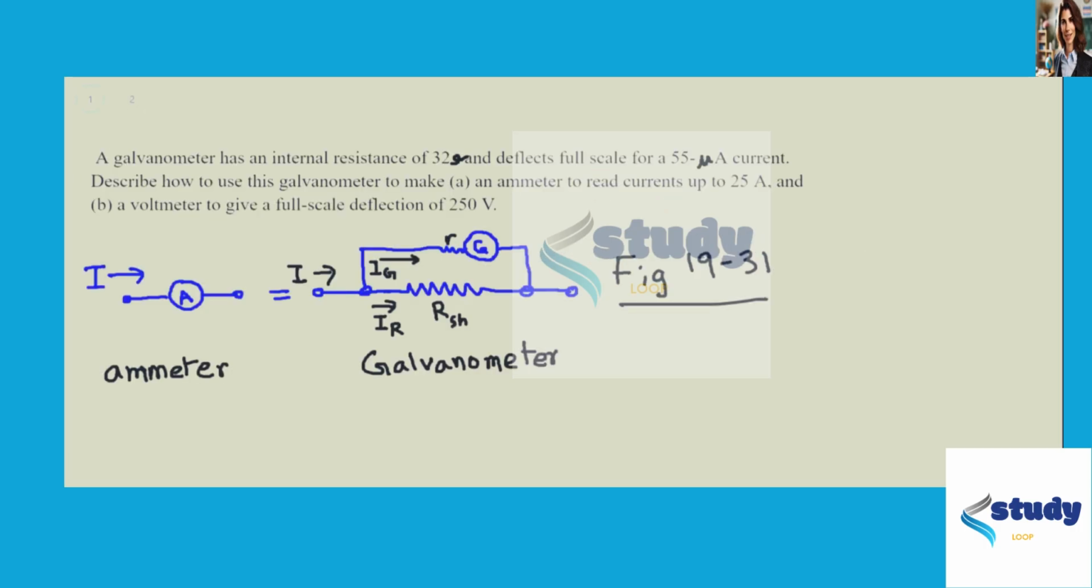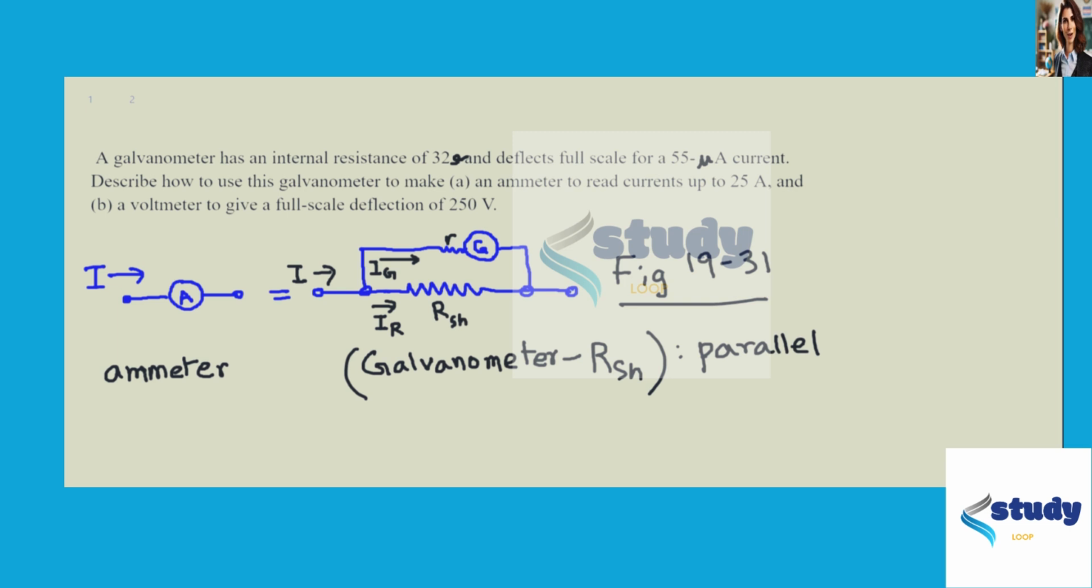Okay, so if we are to use a galvanometer like an ammeter, then we have to use a shunt resistance in parallel with the galvanometer. So let's write that galvanometer and shunt resistance in parallel. So you can find this diagram in